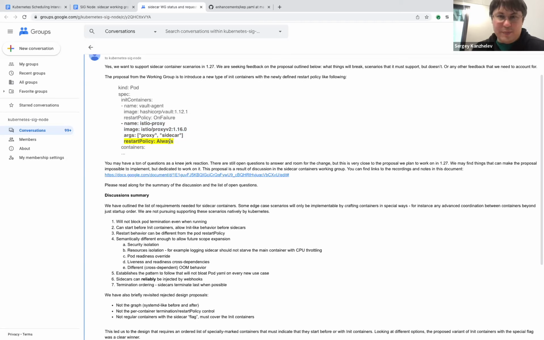So if the container needs to go through the startup stage and get into ready state, if they define the readiness probe, then we will wait for the probe to succeed. Okay. And then we will move on to the next one. And restart policy always indicates that whenever it crashes, even if it crashes after the initialization stage, we will keep restarting this container.